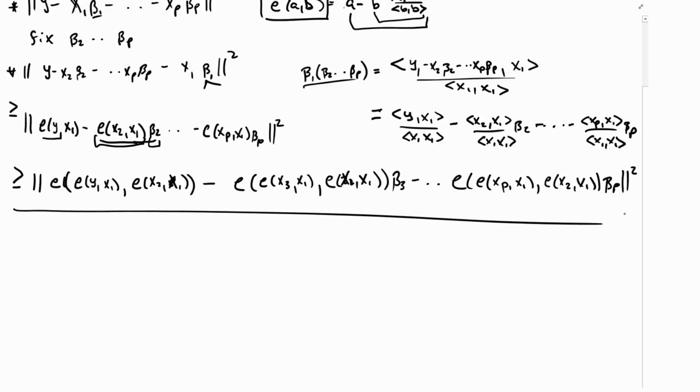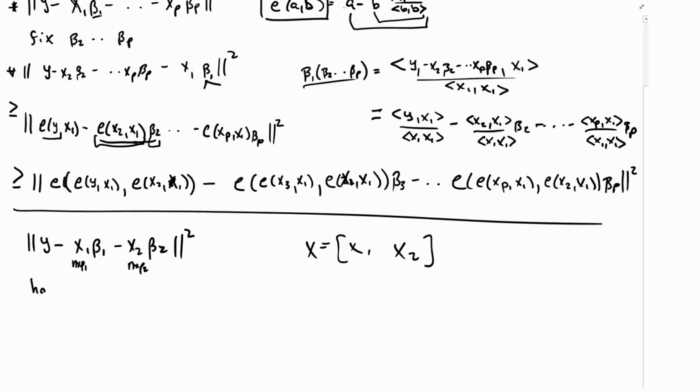And I should note that thinking this way is not just restricted to separating everything into vectors. So suppose, for example, I had y minus x1 beta 1 minus x2 beta 2, where now x1 is n by p1 and x2 is n by p2. So I've broken my x matrix, my design matrix, into two parts, x1 and x2. Okay, and so beta 1 is a p1 by 1 vector and beta 2 is a p2 by 1 vector. So if I wanted, for example, to hold beta 1 fixed,